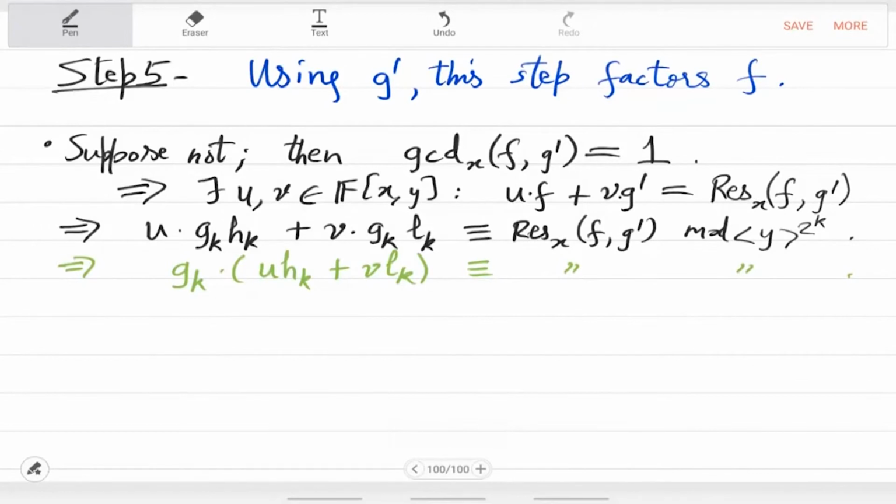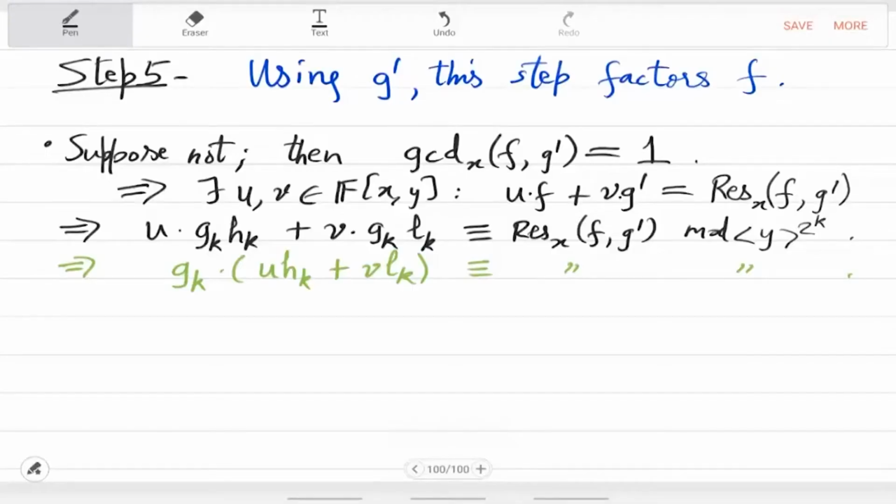but when you multiply with this bracket, you should get x free, which means actually not only that, gk was monic, g0 was monic, and this was modified Hensel lifting. So gk is actually monic in x. So you can think of the coefficient as 1. It is 1. So which means that u hk plus v lk has to be 0. In this modulus it has to be 0. If it is not 0 in this modulus, then there is no way to cancel this leading monomial in x. So that is the contradiction.